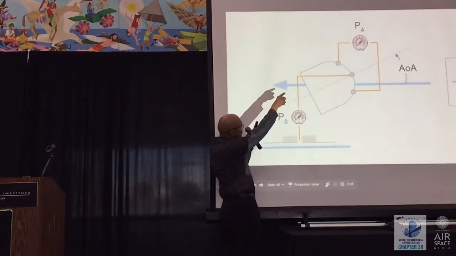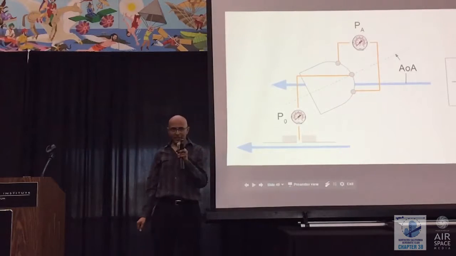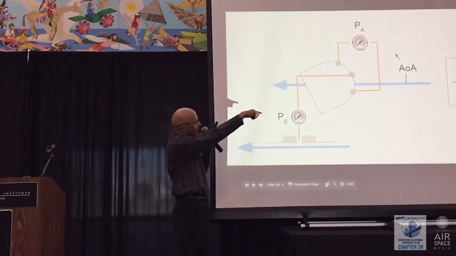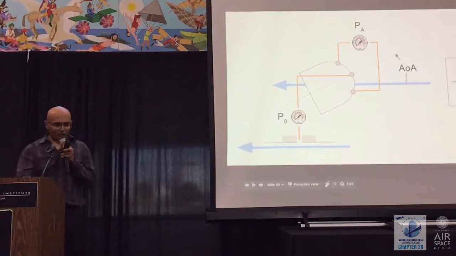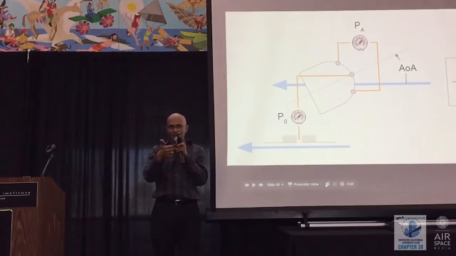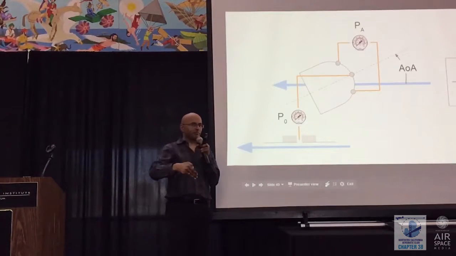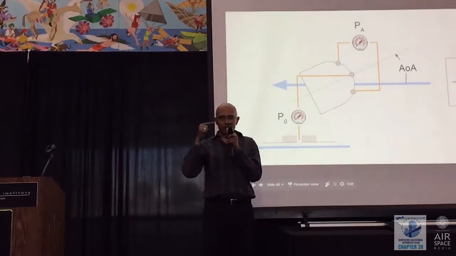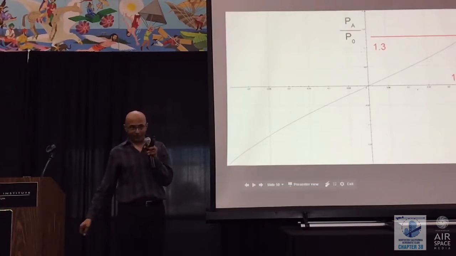We also measure the difference in pressure between the top and the bottom holes and call that PA. And then we take the ratio of PA divided by P0. It so turns out, just because it works out that way, that PA divided by P0 at all altitudes, at all airspeeds, at all densities, at all conditions, is a predictor of angle of attack, according to this curve.